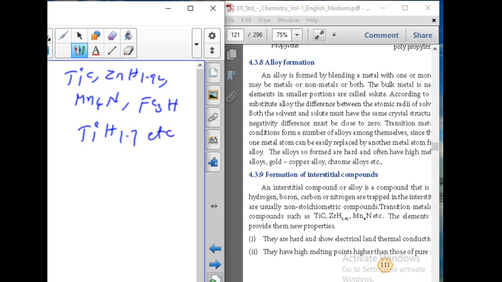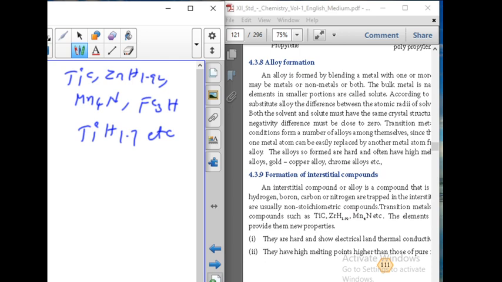Sir, what is the use of formation of the interstitial compounds? By the formation of interstitial compounds, there are some uses for us. See, interstitial compounds or alloys are compounds formed by small atoms like hydrogen, carbon, boron, nitrogen, oxygen occupying the interstitial holes of the metallic lattice. Already I showed you the metallic lattice, that means the metallic structure, so it can form the interstitial compounds.